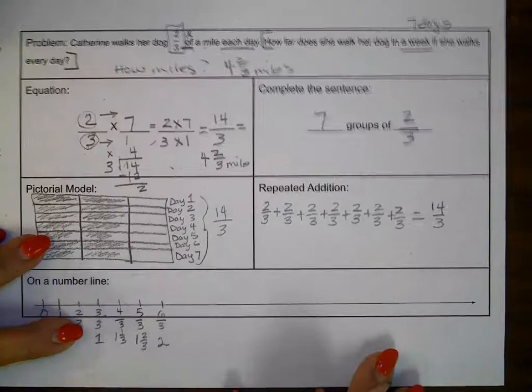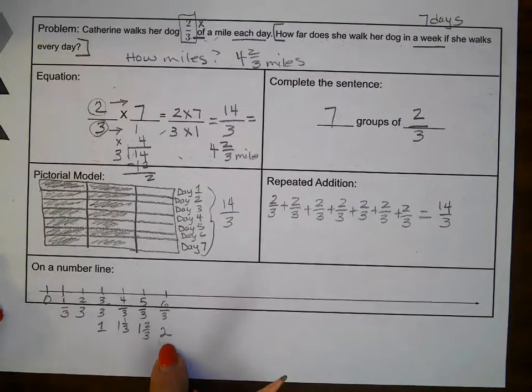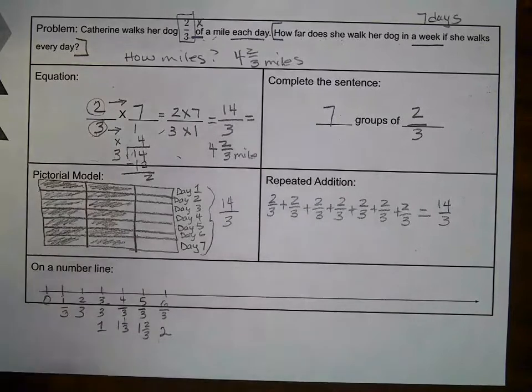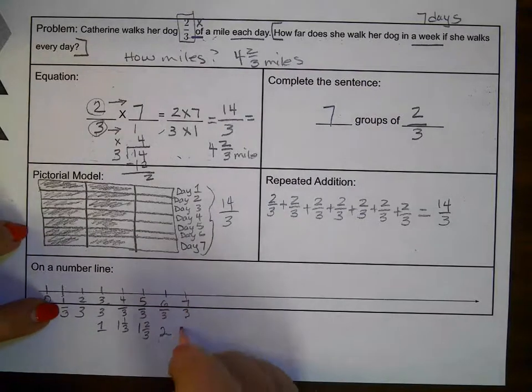And you may want to do that because then you get into that practice of being able to see the equivalent fractions. This really helps out when you're finding the inequalities or comparing your fractions of greater than or less than. You're in the habit of doing that. So now it's 7 thirds, which is going to be back at, now I'm at 2, and I'll start over at 1/3. 8 thirds